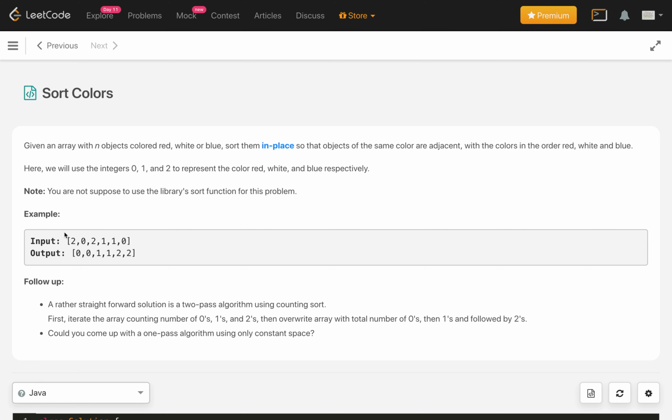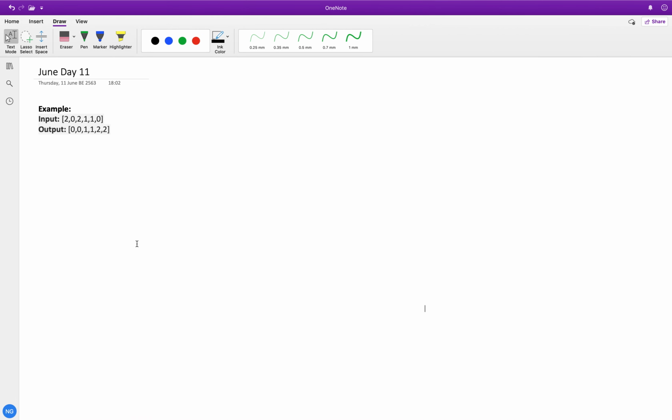So, example 1 here: 2 0 2 0 1 1 0. If we sort them, all zeros come first, then followed by ones and then 2s. Let me explain the approach here. One way is brute force: we can count the number of 0s first, then count 1s, and then count the number of 2s. That is done in one pass.